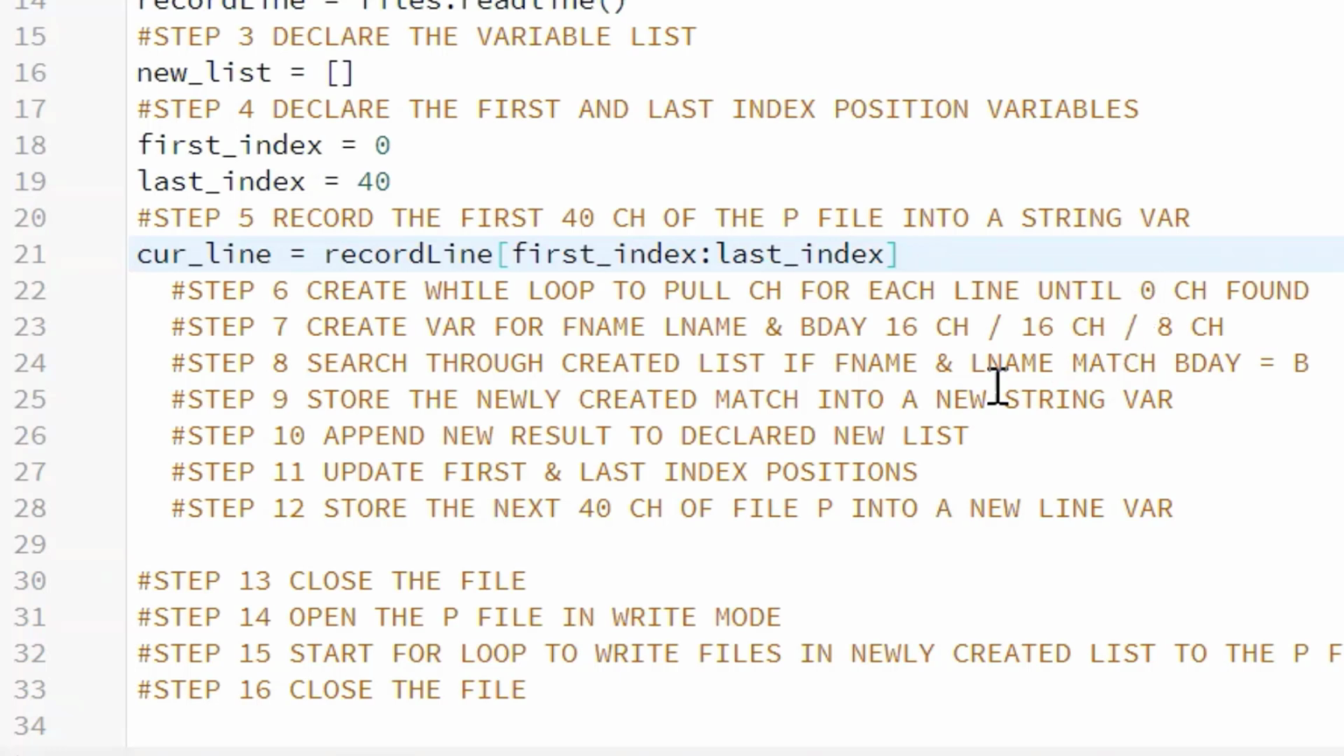And so you can see I've indented steps 6 through 12 because all parts of steps 6 through 12 are part of a loop. So I'm just going to go down right here and start this while loop and go through each step 6 through 12. So first one, we're doing the while loop to pull the characters from each line until 0 characters are found. So what we're going to do is say